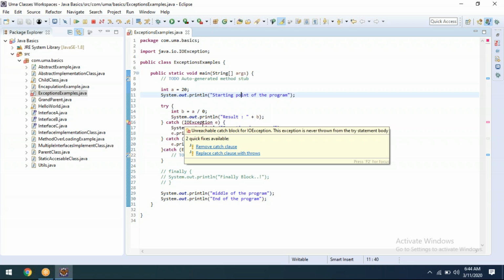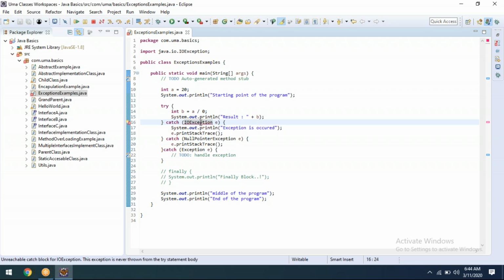Whenever we require multiple catch blocks, we need to follow: first child, then bigger child, then bigger child, then parent. If you put two classes at the same level, it won't work out.